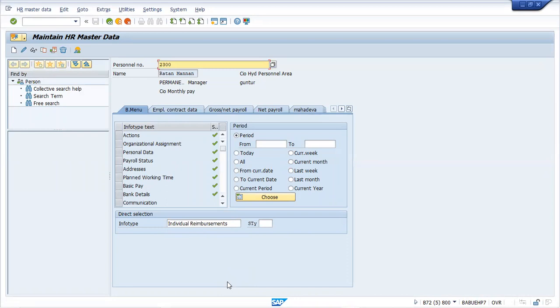What do you understand by reimbursement? Reimbursement is a type of perquisite, where first we are spending, and after that they will give the money to the employee.